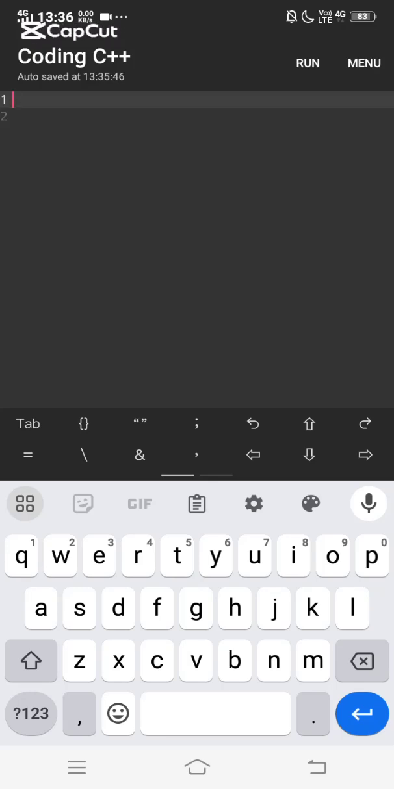So, today we're going to talk about the three loops in C++. First is the for loop. But before that, here we write #include